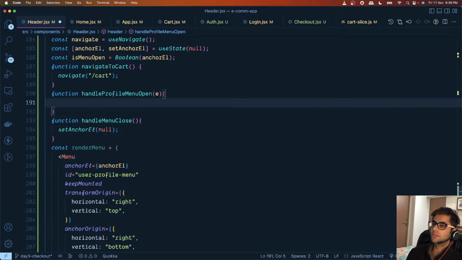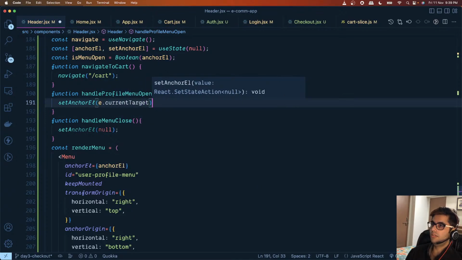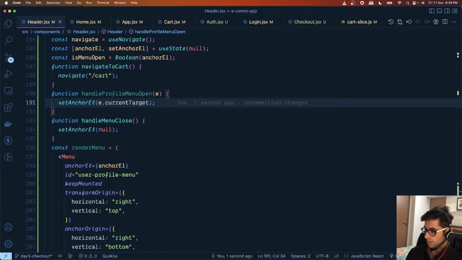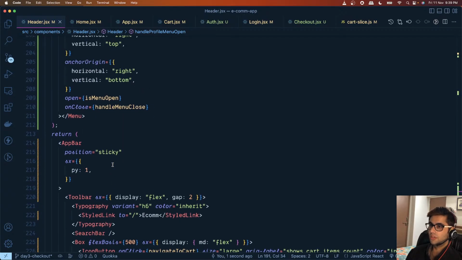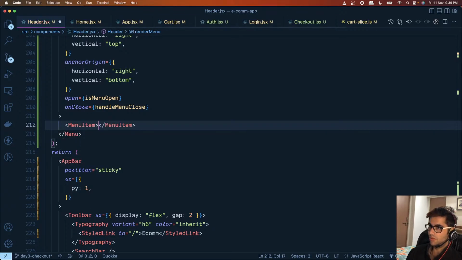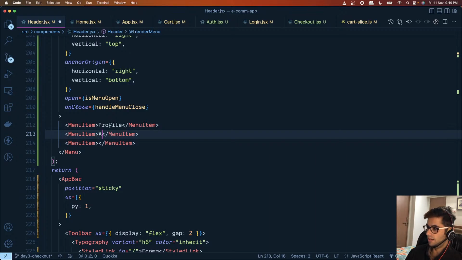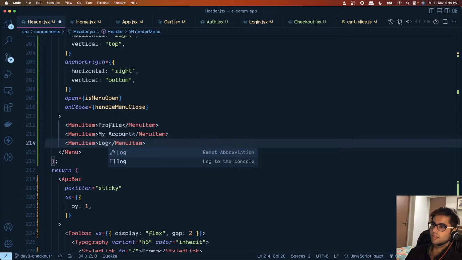So we get the event object and we will say set anchor e dot current target. Okay, and within this we will have menu items. So menu item, three of these, which is profile, then my account, and then logout. Okay,